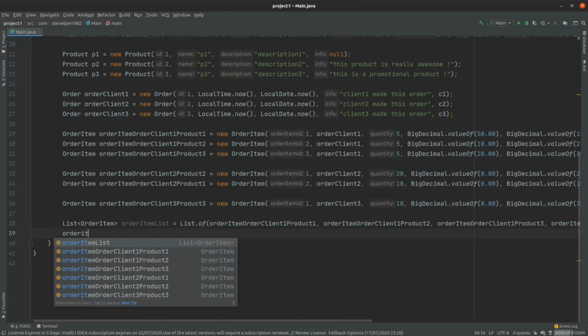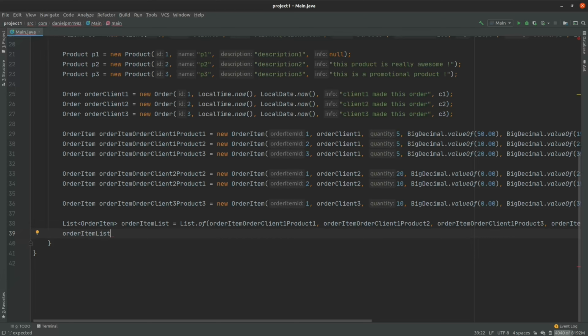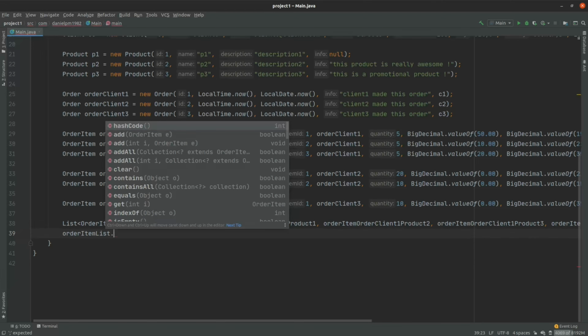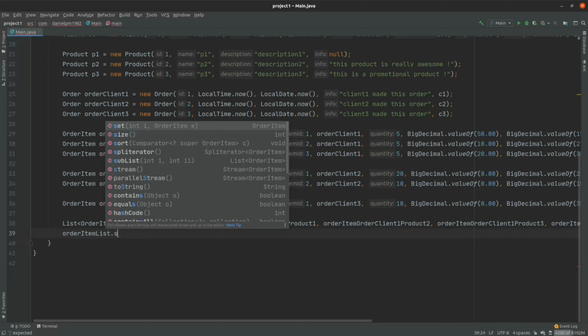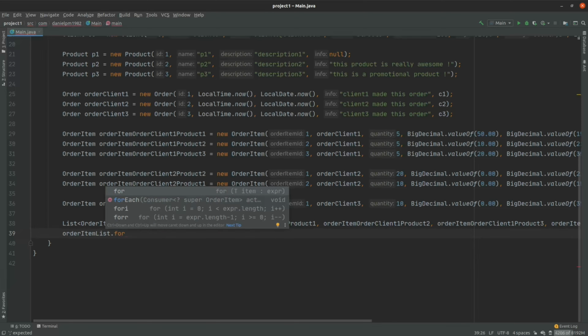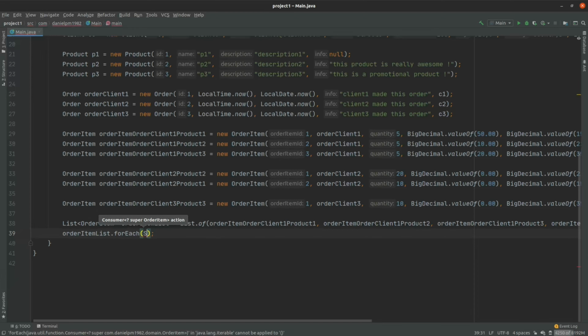So you call the instance of that data structure, and if you want to make any operation on the items, you call the stream to get a stream of order item instances. But if you simply wanna print out the items, you call forEach. You can use this method reference